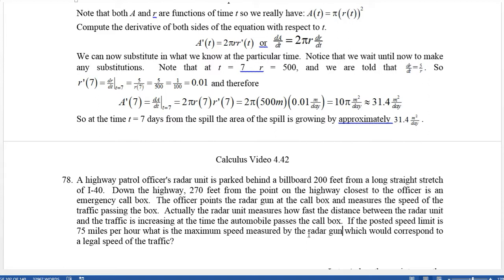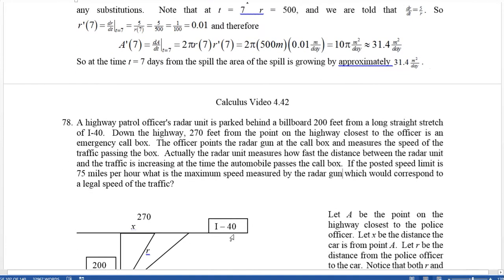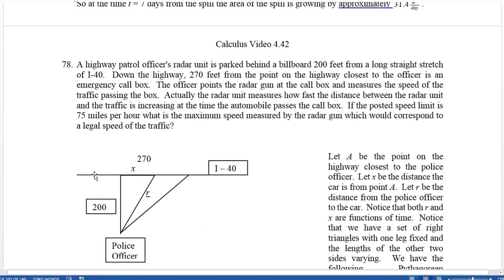Well, notice this time we're going to need to draw a picture. So here's basically the picture. Here's this long straight stretch of I-40. Here's the police officer standing right here. There's a billboard right in here somewhere, maybe over here on this side of him. And the traffic goes by, say, going to the right here. Right here is where the box is, and so this is where the traffic is right when he pings it